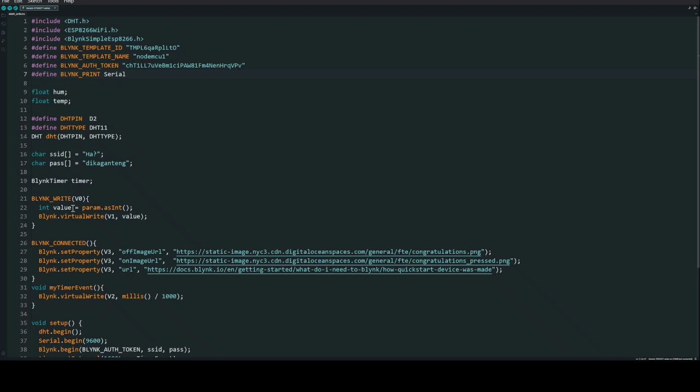means that this function is called whenever a value is written to virtual pin V0 in the Blynk app, while the integer value equals param.asInt reads the value sent from the Blynk app, while this code writes the received value to virtual pin V1. The next function sets the properties for virtual pin V3 when the device connects to the Blynk. So BLYNK_CONNECTED means that this function is called when the device connects to the Blynk server, while the Blynk.setProperty V3 sets properties for virtual pin V3, including off and on image URL and a link to a